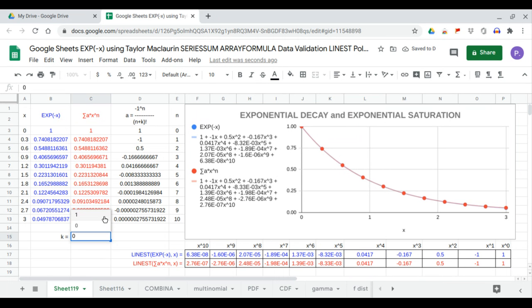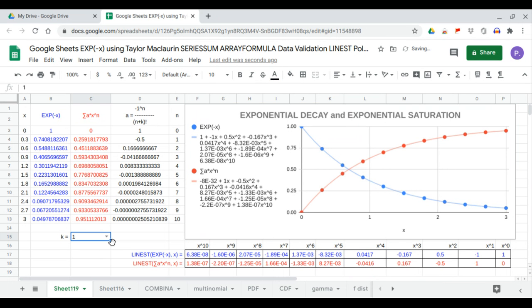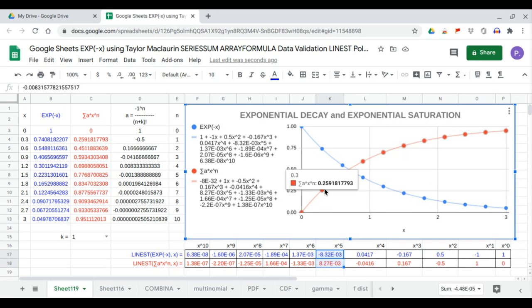If I change the value of k to 1, the expansion coefficients change: 1, 0, negative 1, 1, positive 0.5, negative 0.5, negative 1, negative 0.167, positive 0.167, plus 0.0417, negative 0.417. So you will see alternating coefficients. The signs of the coefficients are alternating against each other. And this is the decay, while this is the